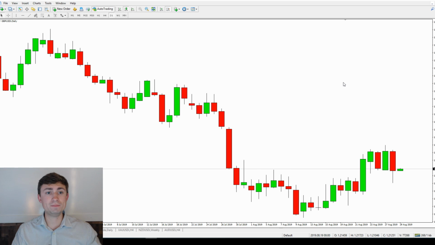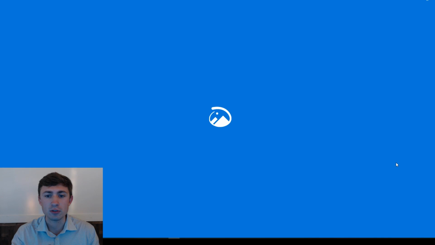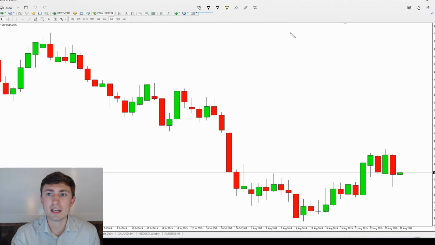So what we're looking at here is GBP USD. Now what I've done is I've pulled up a daily time frame. Now this is key, and this is on purpose, right? We're looking at the daily time frame. I'm going to draw this out before we get into the technicals. We want to do something like this, right? So this is going to be our daily all the way down to something like, let's say that we're using